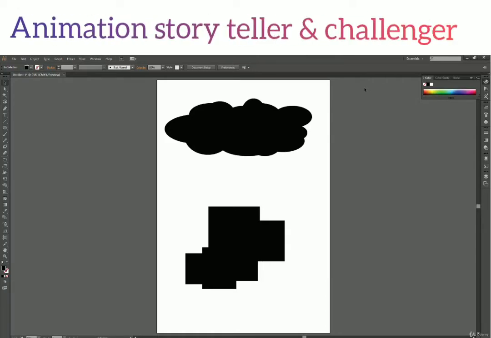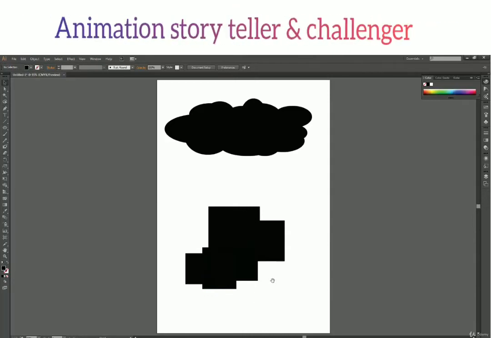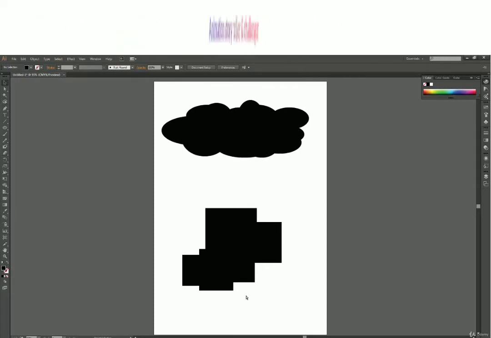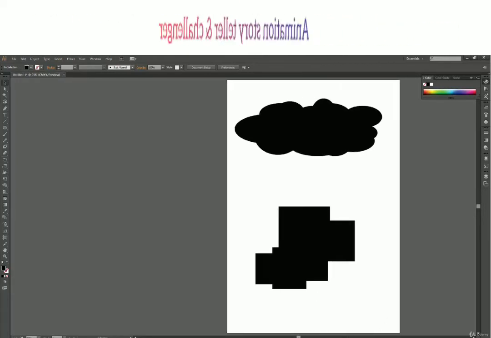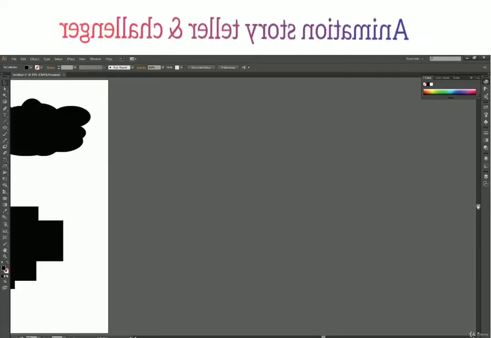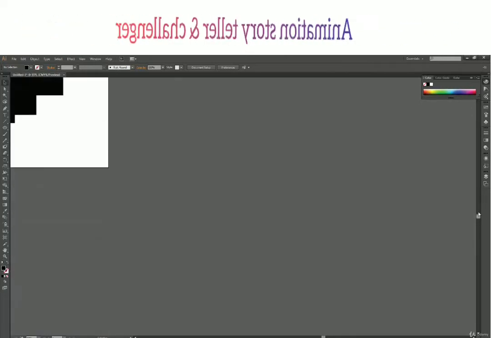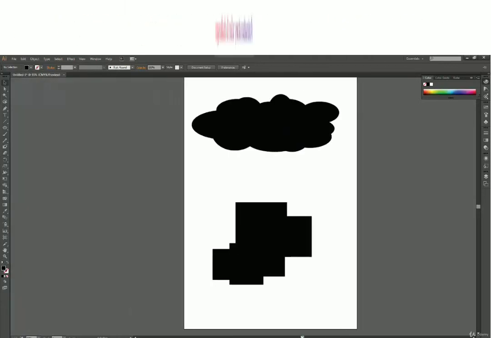So let us see what all ways we have to navigate the document first. First of all, we have spacebar. We can press spacebar and click and drag to navigate around. Then we have our scroll bars, horizontal and vertical. The limitation with this is we can only navigate on a single axis at a time.